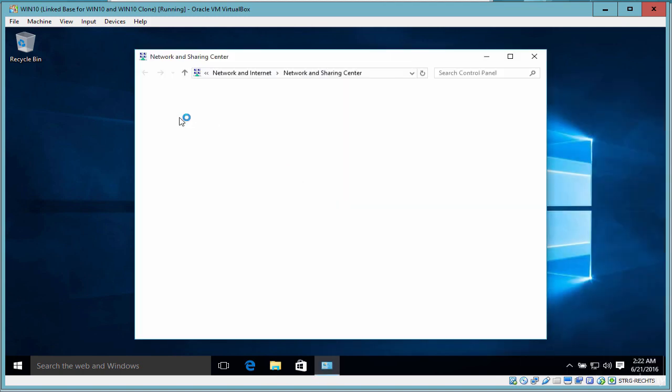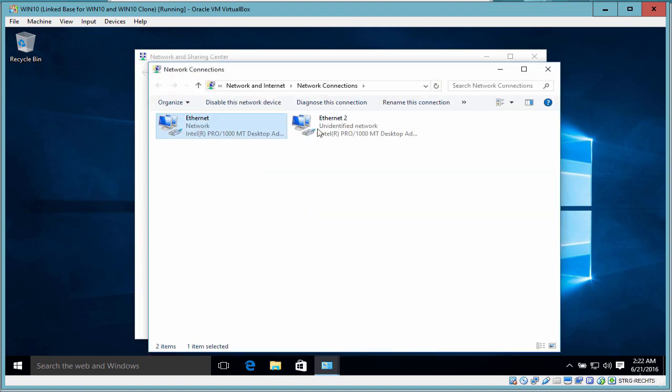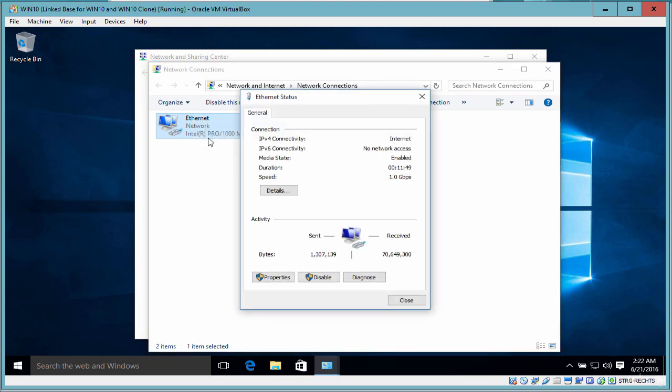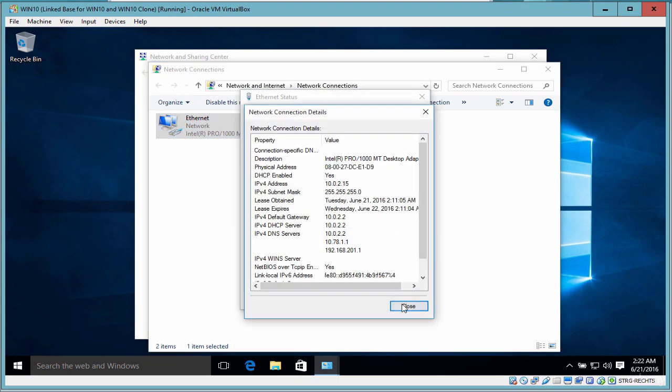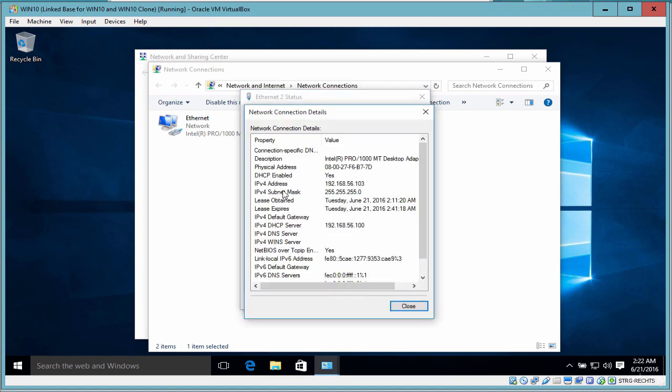One's Ethernet and one's called Ethernet 2. And what we do here is just check the IP addresses for the two different ones. We see this. This is the one connected to the internet. This is the other Ethernet cable that we want to get the IP address for. This is the address